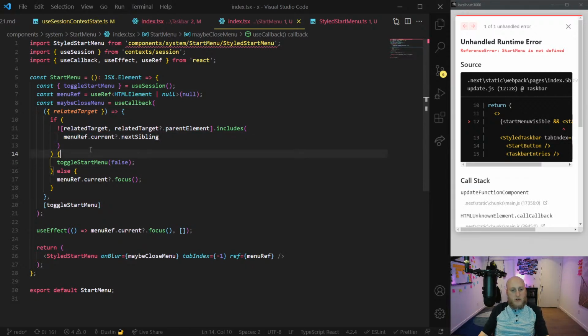So the logic of what I've done here is I've said if the related target or its parent element is the next sibling of the menu, then close the menu. Isn't, sorry, not is. Here we go, we got isn't here. So what's the logic behind that? I'm confused myself on it. Well, we're not there yet. Let's just try to think it out.